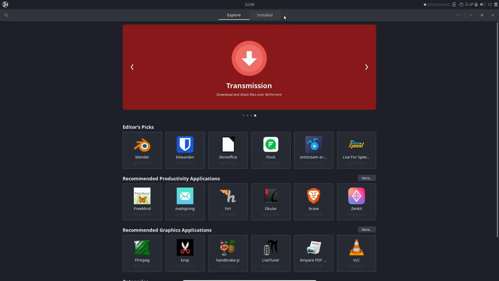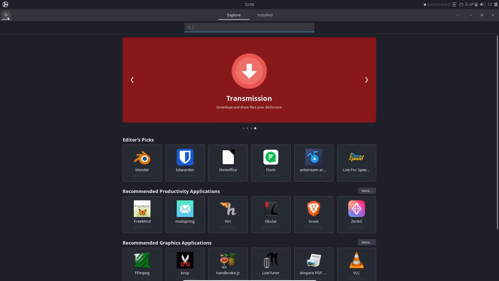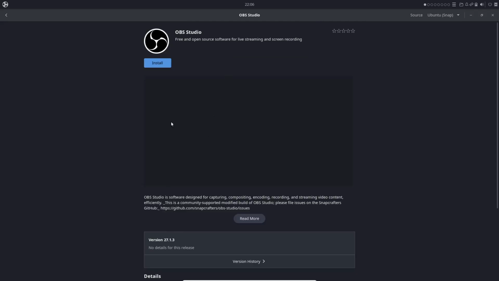And then you could go up here and it would show what's installed on your system. And then of course you could come over here and do a search. I don't know, with it not being installed, if it'll do a decent search, but we're going to try. OBS Studio. And there's OBS Studio. It pops right up. And then I believe when you click on it, you've got the option to install.